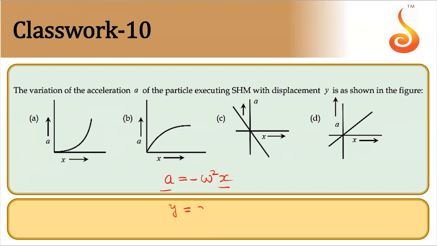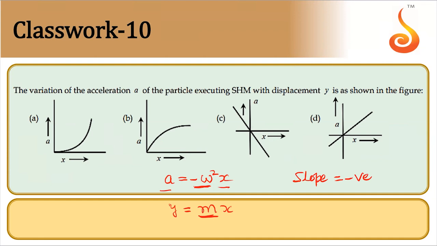So this is of the form y is equal to mx. So it should pass through origin. But look at the slope. At the place of slope, we have minus omega square. So slope should be negative. So we should get a straight line with negative slope, and it is passing through origin because there is no intercept. It is y is equal to mx plus c. c is equal to 0, right?